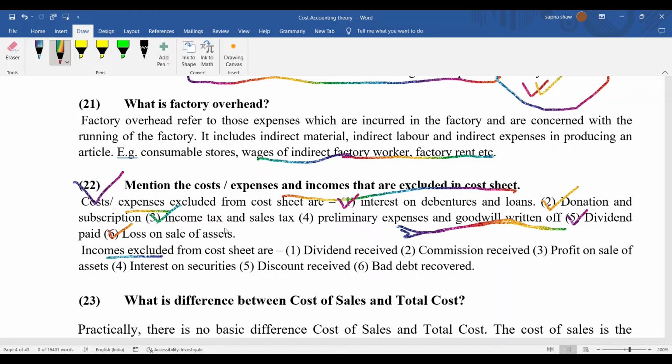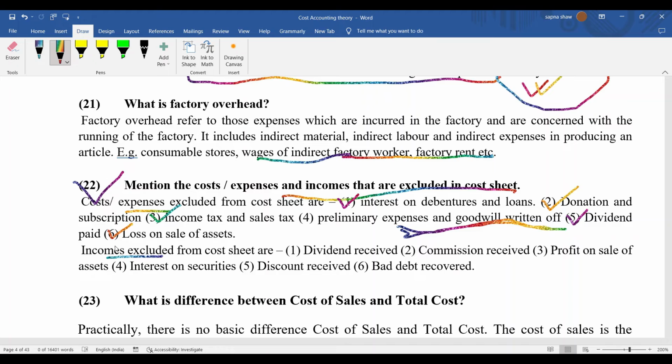The reason is that we prepare the cost sheet to estimate the cost of the product. If we start including these kinds of expenses, we will not get the actual amount of the cost of producing something. Our main objective of preparing this statement is to estimate that. Once we include these expenses, we will not get the fair amount, the exact amount we have spent on the product. That's why we do not include these kinds of expenses in the cost sheet, and also we do not include these kinds of